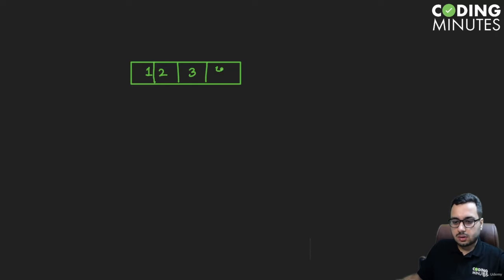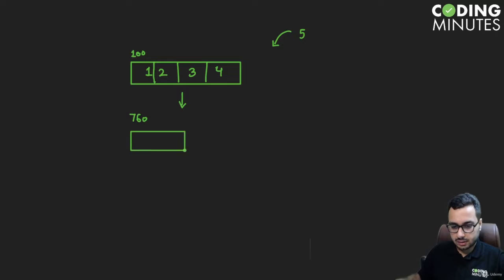So now you want to insert one more element in this vector, that is 5. So what this vector will do, it will double itself. Okay, so it is going to double itself. So what is going to happen actually is a new vector, a new array would be created at some other part of the memory. Let's say this location is 100, and maybe at some other location, let's say 760, a new array is created,